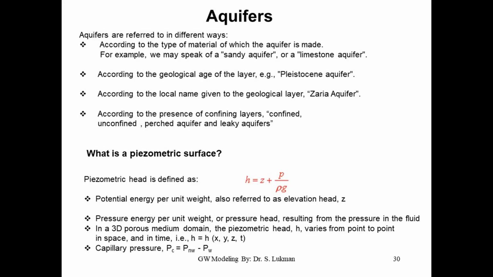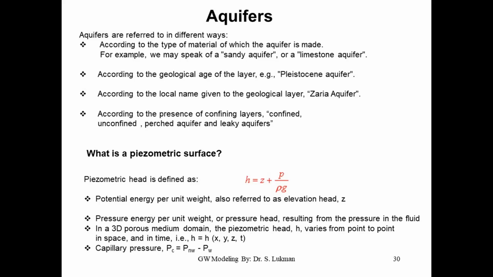Like we may speak of a sandy aquifer, meaning the aquifer is made up of sand. We may speak of a limestone aquifer or sandstone aquifer, referring particularly to the geologic formation that constitutes that aquifer. Also, it can be classified according to the geological age of the layer. For example, we have the Pleistocene aquifer. And then it can also be classified according to the local name given to the geologic layer,